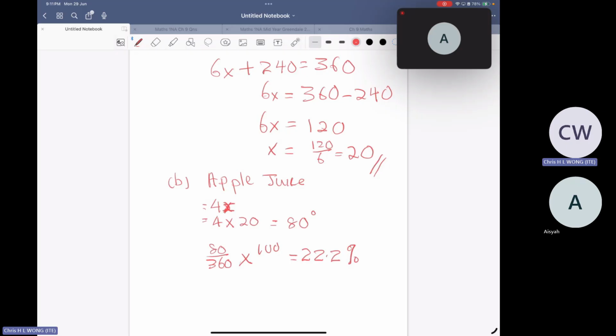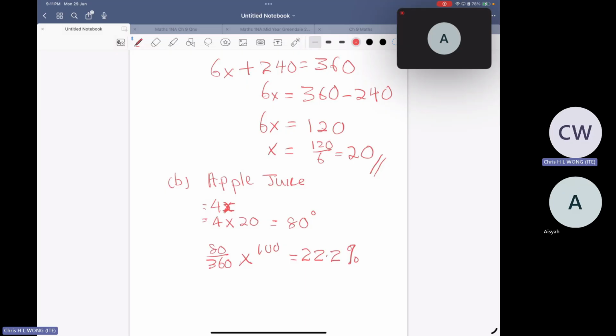The last one, given that the jar of fruit punch, the whole fruit punch, apple juice plus honey plus cranberry is 720 ml. Oh, sorry, 720 ml of cranberry. You're supposed to find out what is the total. Same thing, easy, right?